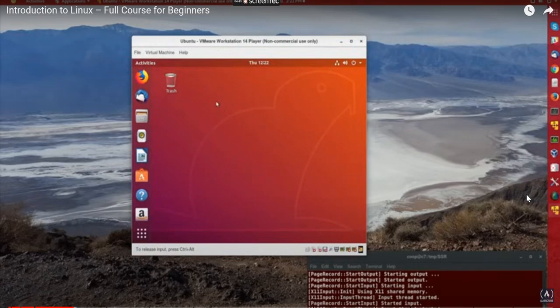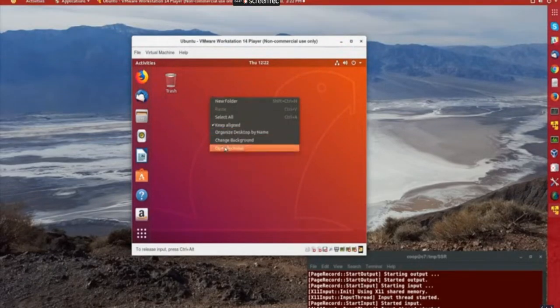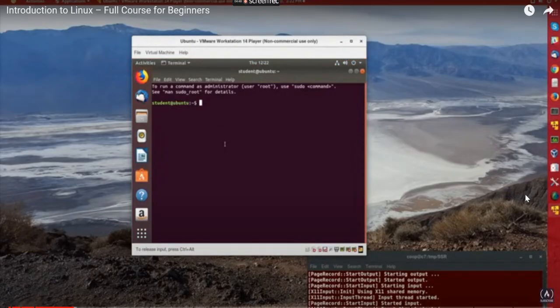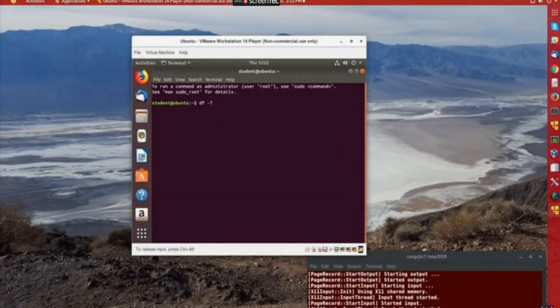And then just to see what really happened here, if I right-click, I can open up a terminal. And then I'm going to run the command df, for disk free, with -T to show me what type of file systems I have, and -h to print out the results in megabytes and gigabytes. And I see that in the main file system, I have 30 gigabytes of space, of which I'm using 5.3, and it's an